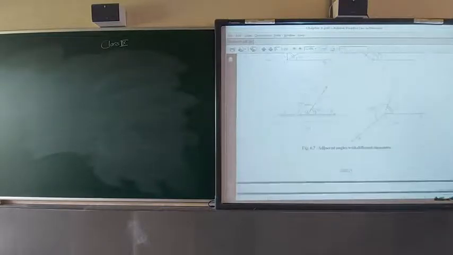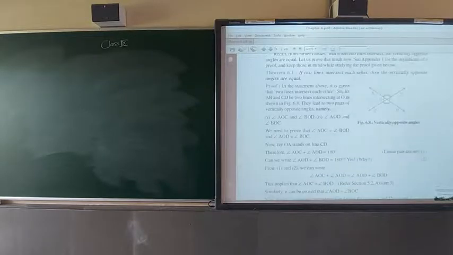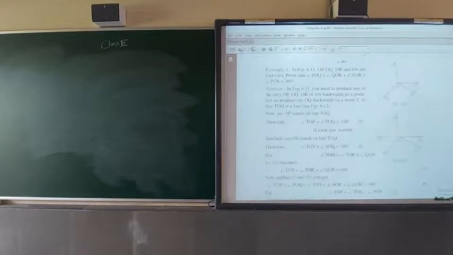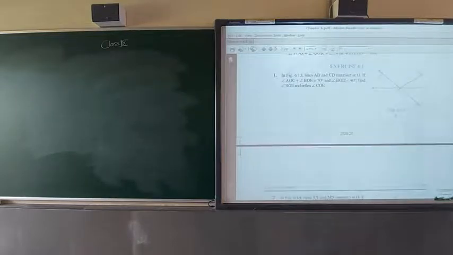Now mark all these things, and after that I think we start directly with the exercise. Yes, directly the exercise 6.1. So mark all these definitions, and after that we start exercise 6.1 from the next class.